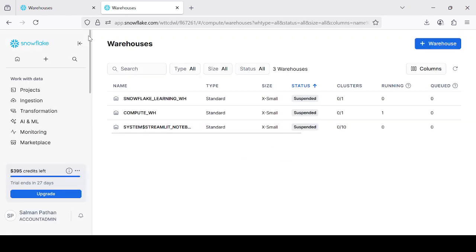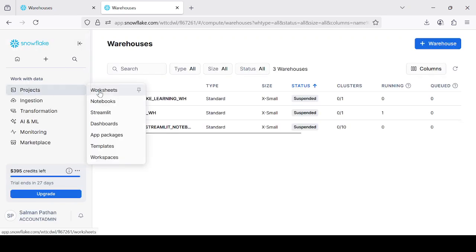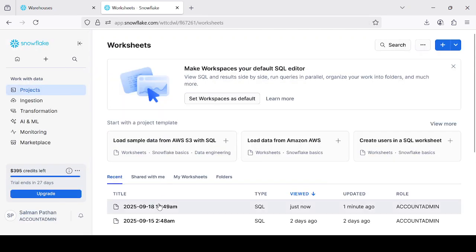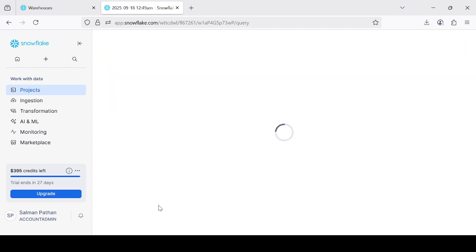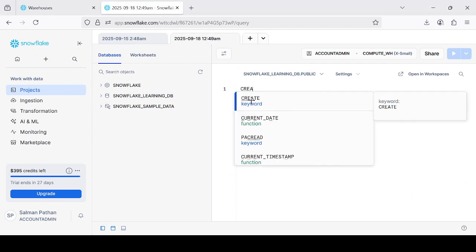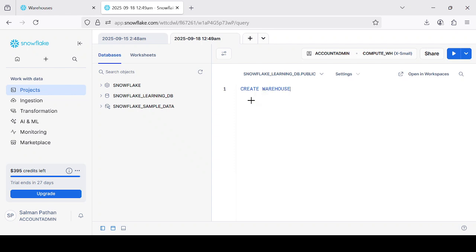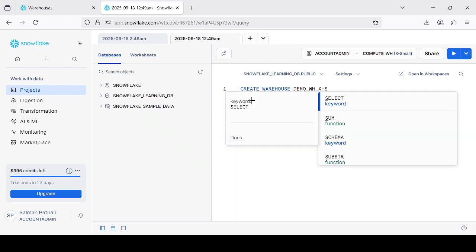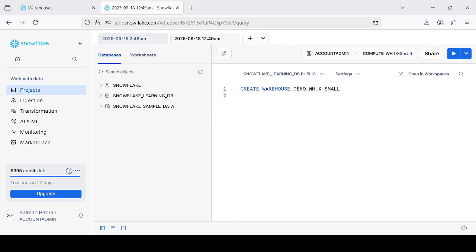Okay, the syntax is simple. Create warehouse, name demo underscore warehouse. I would say X small. Okay, this is my warehouse name